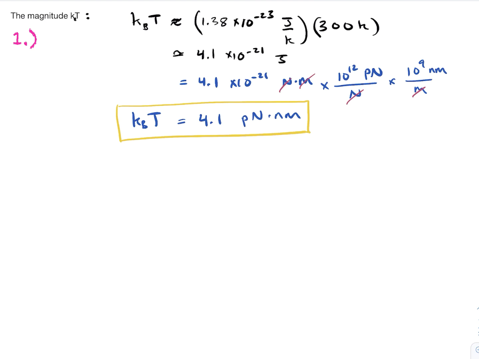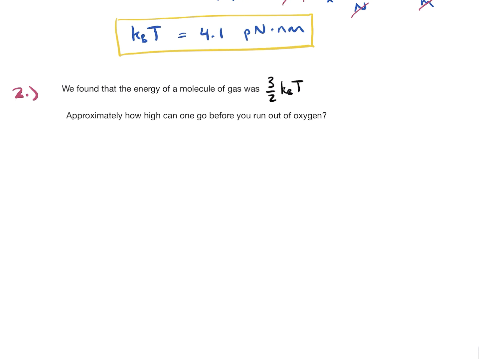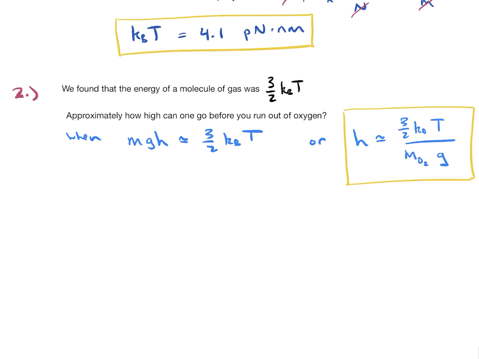Now let's use this in a calculation. So we found that the energy of a molecule of a gas is 3/2 kT. And we can ask approximately how high can you go up in altitude before you run out of oxygen? Well, that would be when mgh is about 3/2 kT, and that sets the height. So we can solve that for h as 3/2 kT over the mass of, say, an oxygen molecule times g